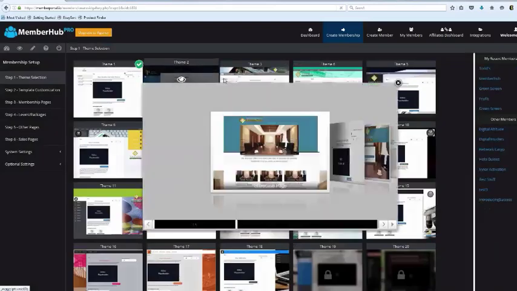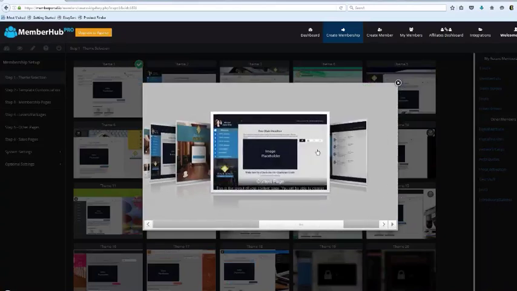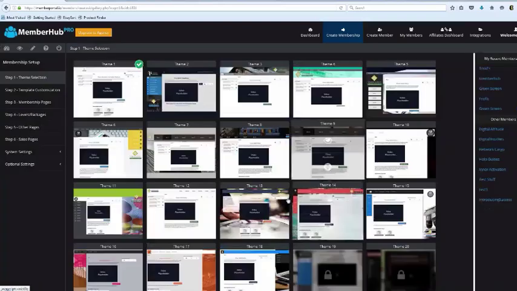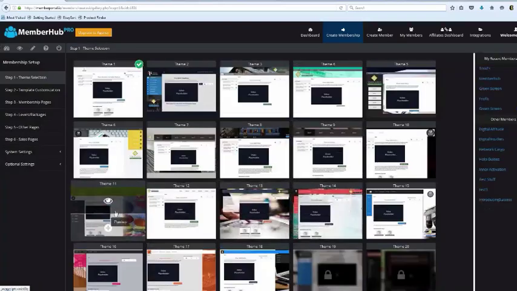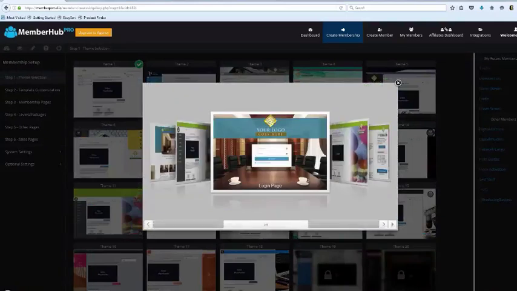Okay, so I come over here, I click preview, I can do the same thing. I come over here, I can see exactly what this template looks like. Some of the templates have the modules over on the right-hand side. Some of them have images up on the top. Like we can look at this one here, and you can kind of see that they look completely different, right?